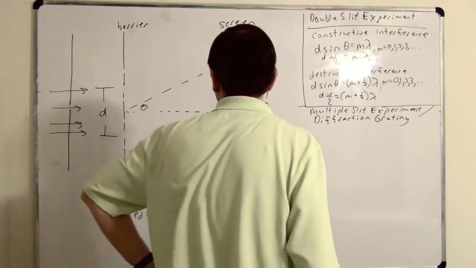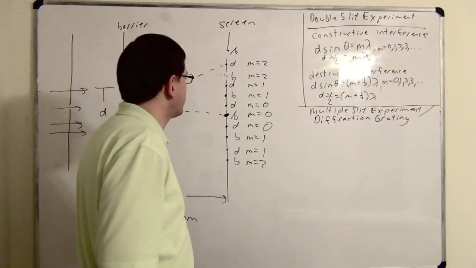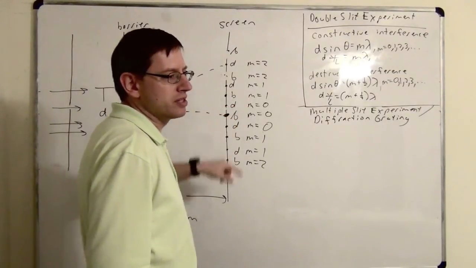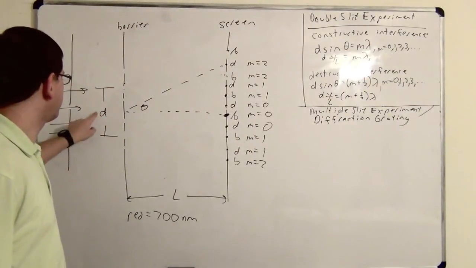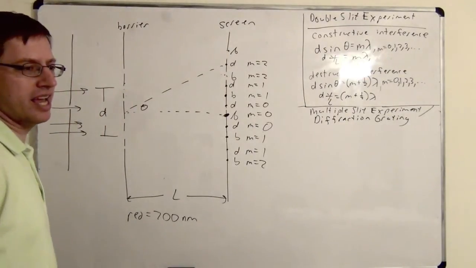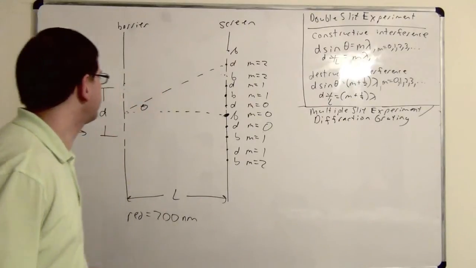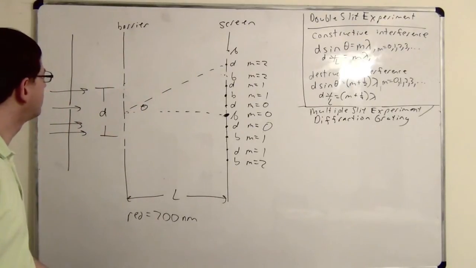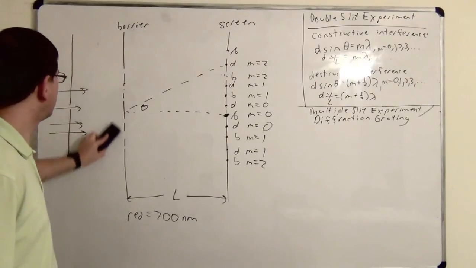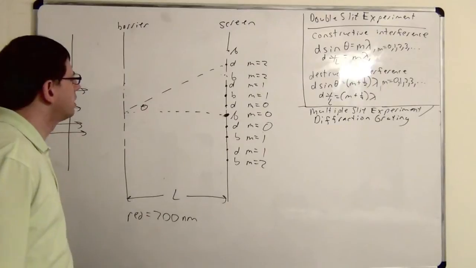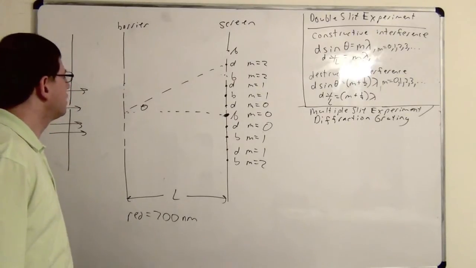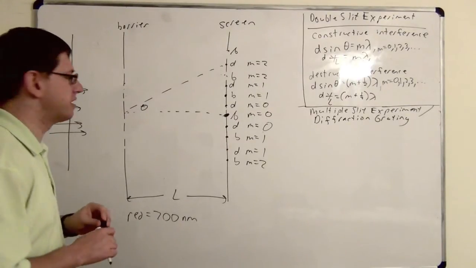So what about our variables? Can we still use the same variables? Well, we can still use m, we can still use theta, we can still use L. We need to reinterpret what D stands for. Take a guess what D might stand for in the multiple slit experiment. The distance between the slit and the center line? Or between each individual slit? So it's the distance between a pair of slits.